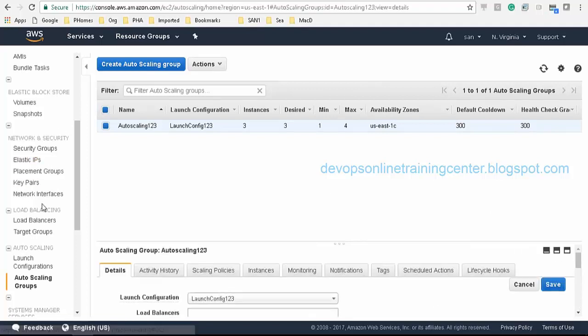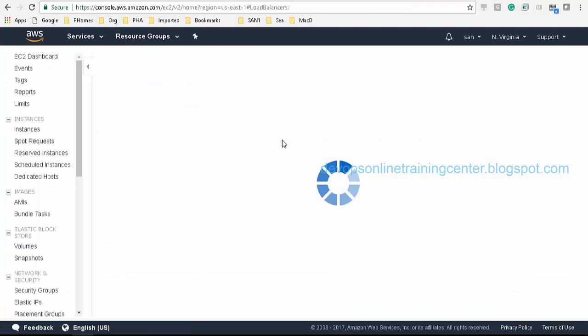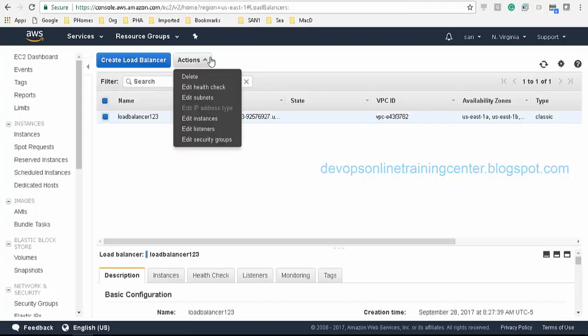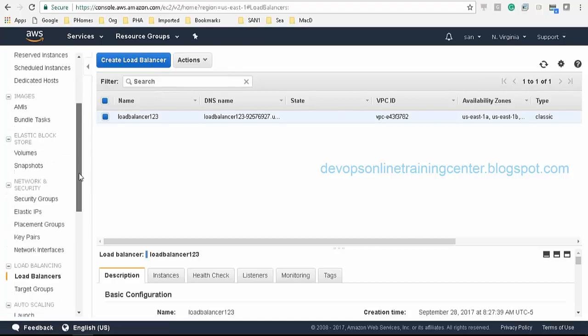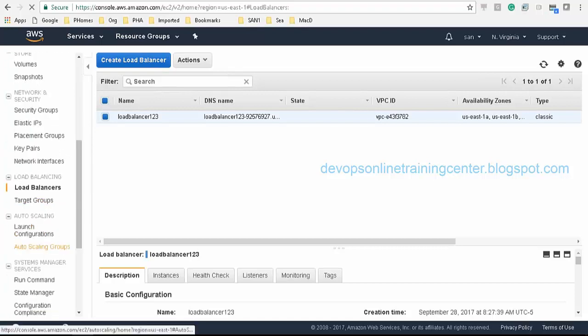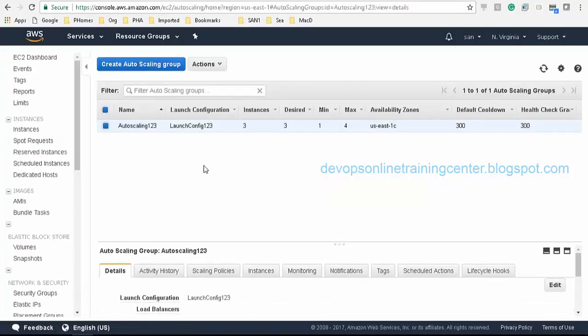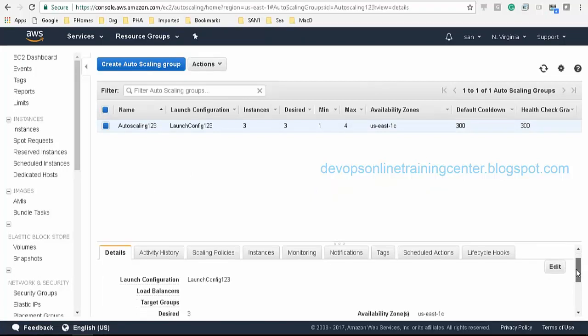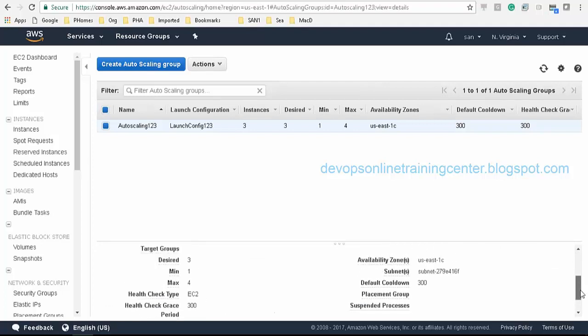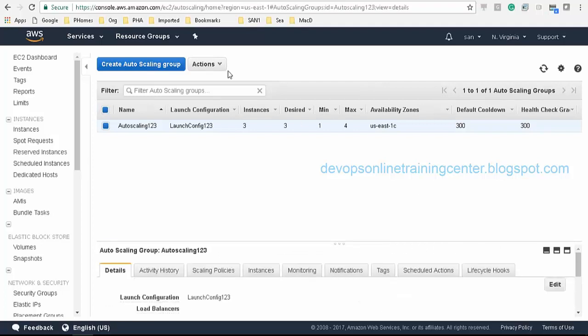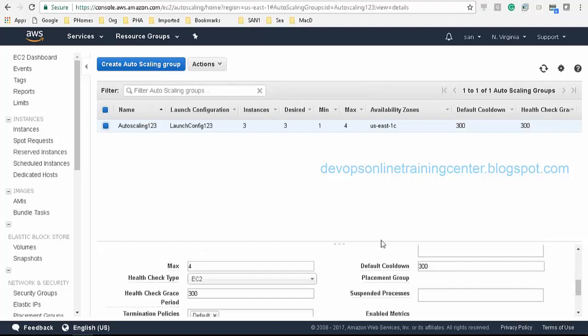I thought instead of adding instances, we just add the auto scaling, and that is already attached to these instances. There is an option to attach it. Let me see. Edit.